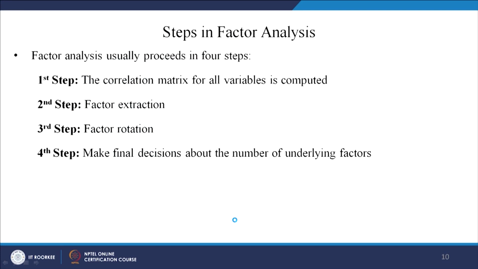Now, how do you conduct the factor analysis? You have understood the importance of it, and the steps also to some extent. Now, let us understand the steps. The first step, there are 4 steps. The first step says the correlation matrix for all the variables needs to be computed, right. First, draw a correlation matrix to see that there is some correlation among the variables. If correlation among the variables does not exist or is very weak, then factor analysis is not the right tool.